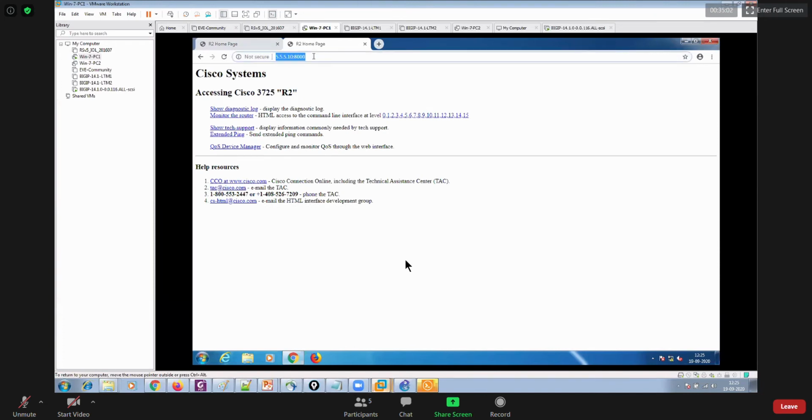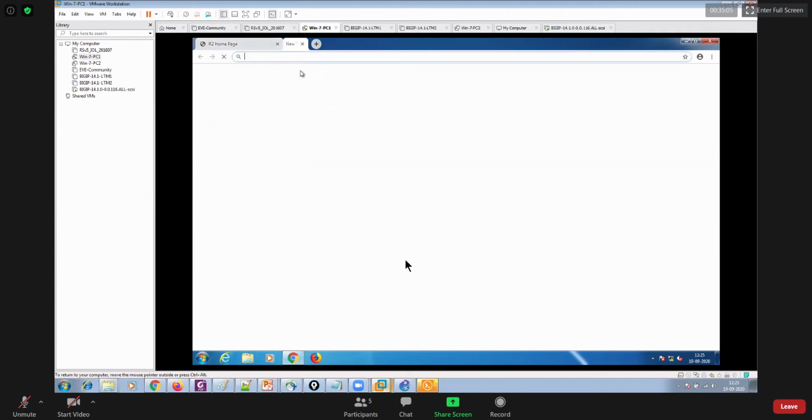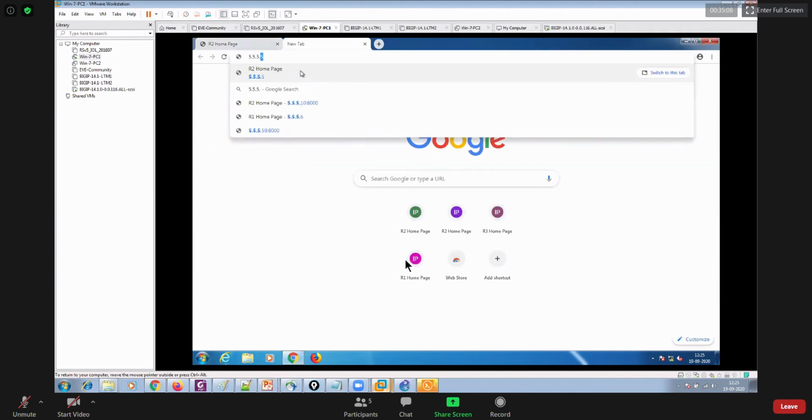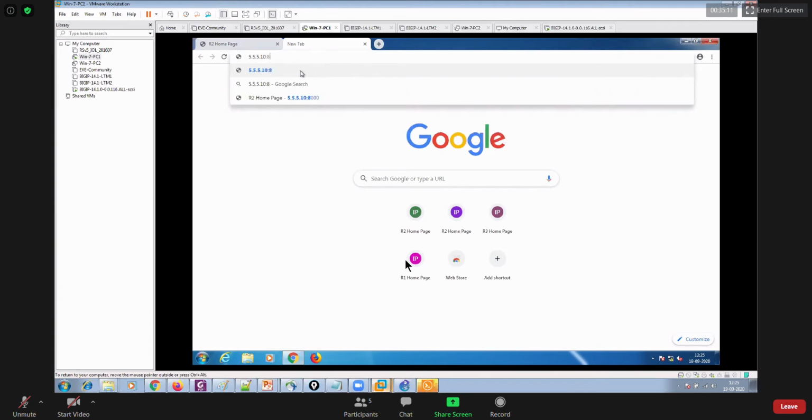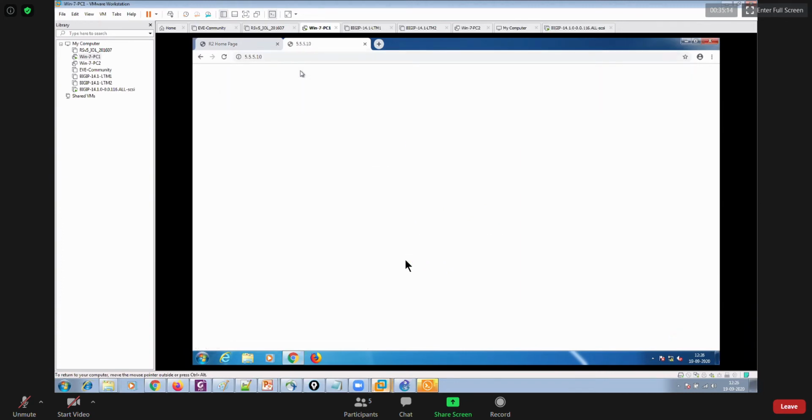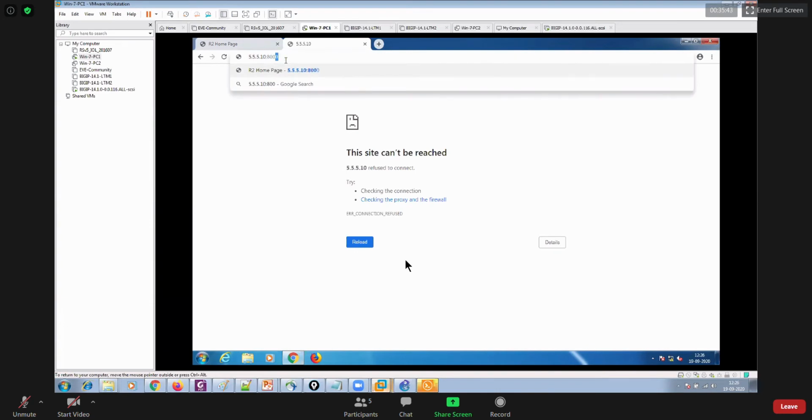Here you go. Now remember, if somebody is trying to hit only 5.5.10 without a port number, then you will not be able to access anything. You know why? Because previously your virtual server was translating your port 80, or maybe 443, into 8000, because my real server is listening over port 8000. So if you try to hit over port 80, of course it will not be successful. If you want to make successful transactions, you just have to make sure that you are hitting your real server using the actual port, which is 8000, right, guys?